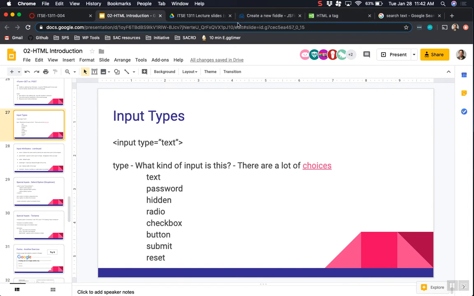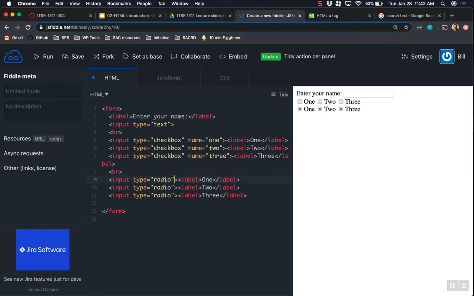So you can specify them as all being one group by using the name tag here. I think it's the name tag. Okay, so now when I click this, I get either of them, but I can't click them both. Okay, and here for 3, because it doesn't have the name attribute, it's a separate list of text boxes. Okay, so I can say 3,